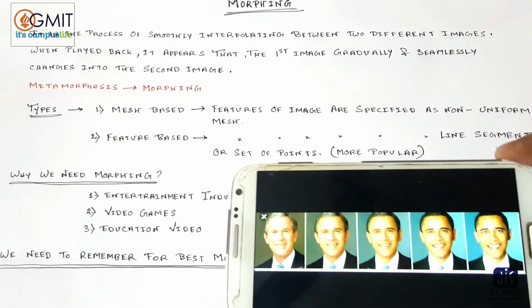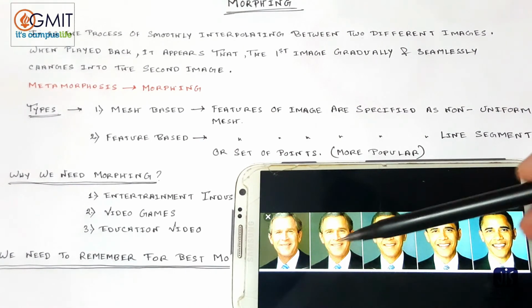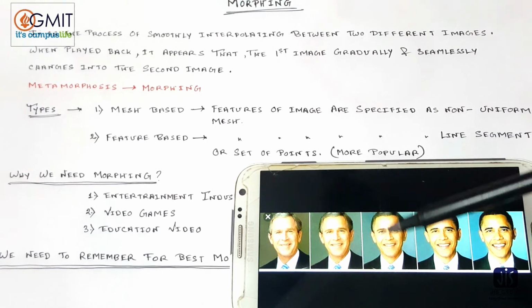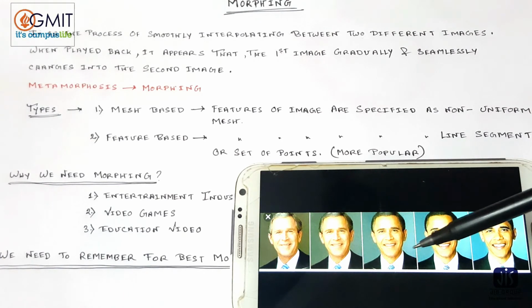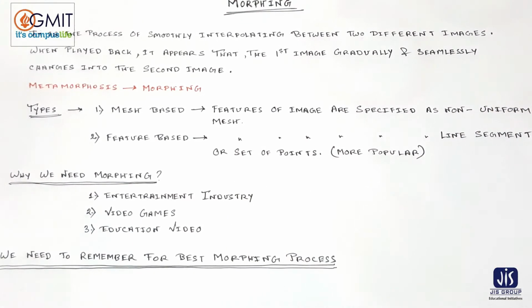Suppose in this picture, this is my keyframe. This may be my keyframe because here actually it started to change. This is the keyframe, suppose. So these are the keyframes. So keyframe is what? In traditional animation, the animators or experts draw the most important frames as keyframes. Whichever are the most important frames, those are the keyframes.